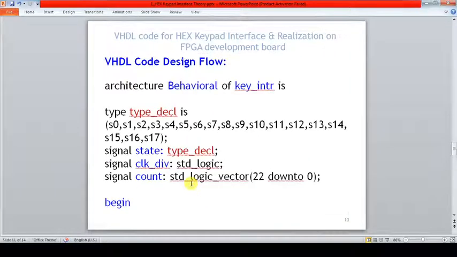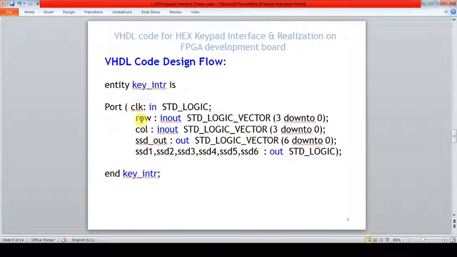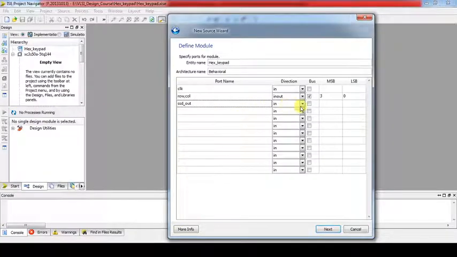Just confirm it: clock, row, column in-out, SSD_out 6 down to 0, which is only out. 7 segment means 7 bits, and we have 6 control signals for those SSDs: SSD 1, SSD 2, SSD 3, SSD 4, SSD 5, and SSD 6, all of type only out. This creates our entity.